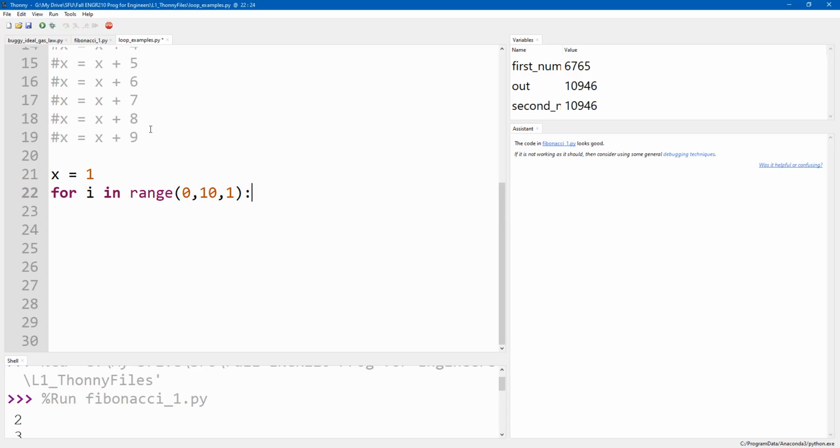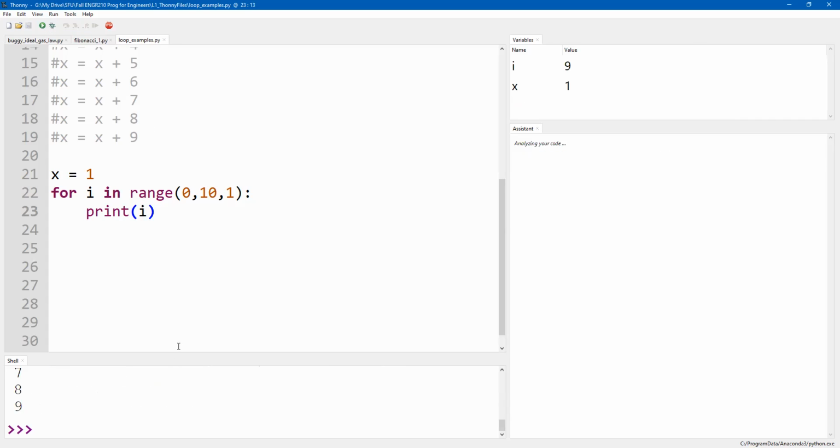All right. Well, before we get into the logistics of adding stuff up, let's just see what that does. What's called what i is. So I'm just going to print i. If I run that, look down at the bottom, and it goes 0, 1, 2, 3, 4, 5, 6, 7, 8, 9. So I started at 0. That first number in range is where I will start. It will run up until 10. So if I think of each time through this loop, i changes. When I get to 10, I'll stop.